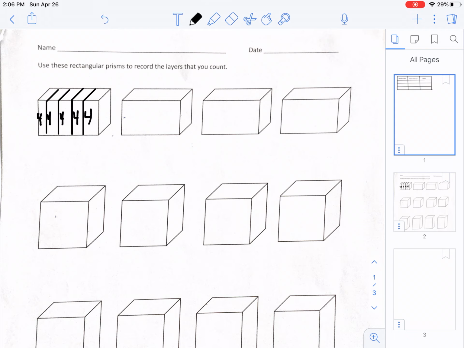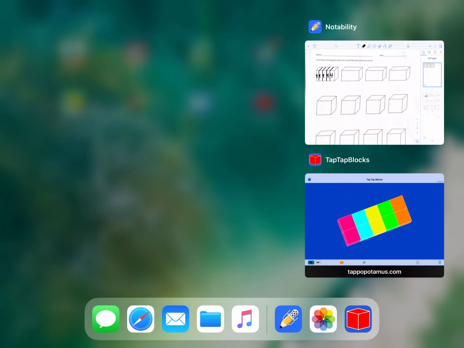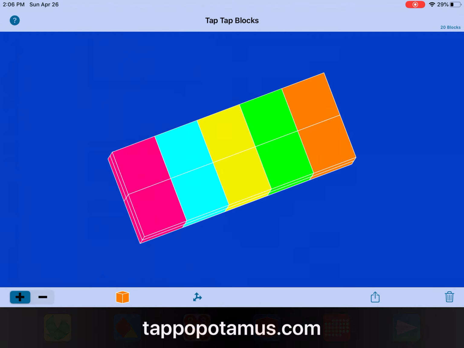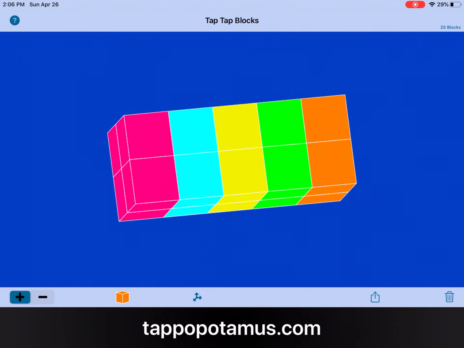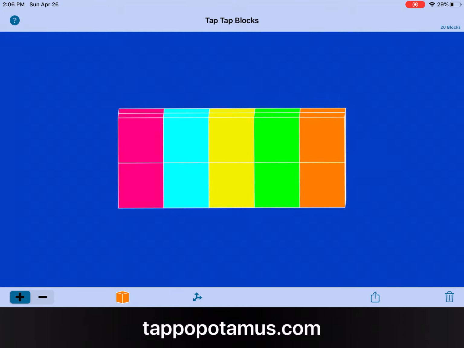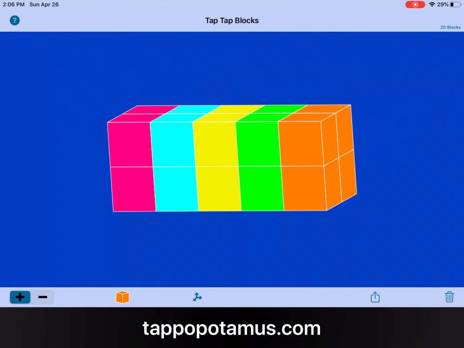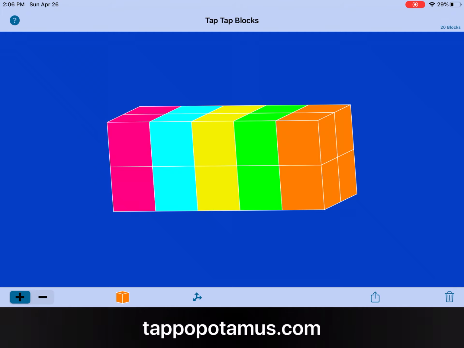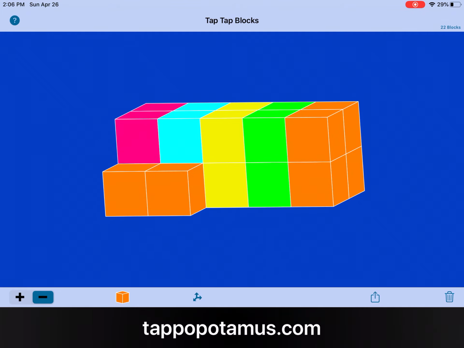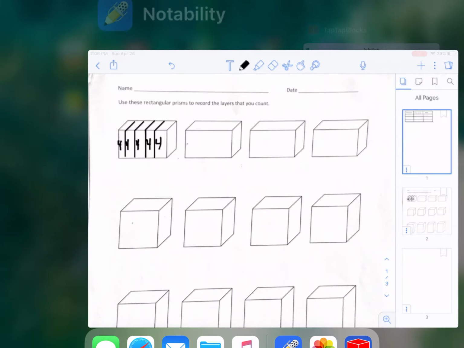So this looks just like what we did in tap blocks. There's our rectangular prism. We have 5 layers, and each layer has those 4 blocks. So going back here,